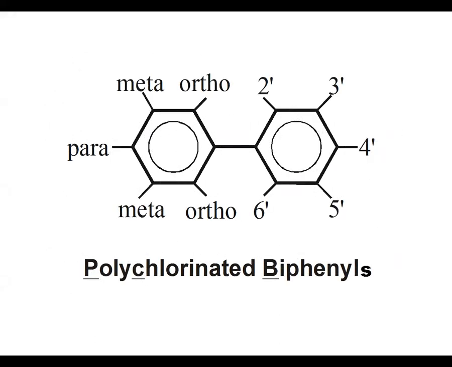This is a structure of PCBs. It's a biphenyl ring that has 10 sites around the ring that either contain hydrogen if it's biphenyl or contain various numbers of chlorines if they're PCBs. Now, it's important to recognize that there are 209 different possible combinations depending on how many chlorines and where they're located around the ring. One of the insights that has become very apparent in recent years is that—